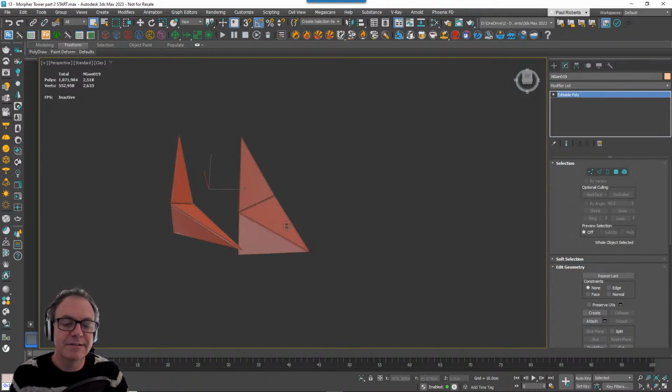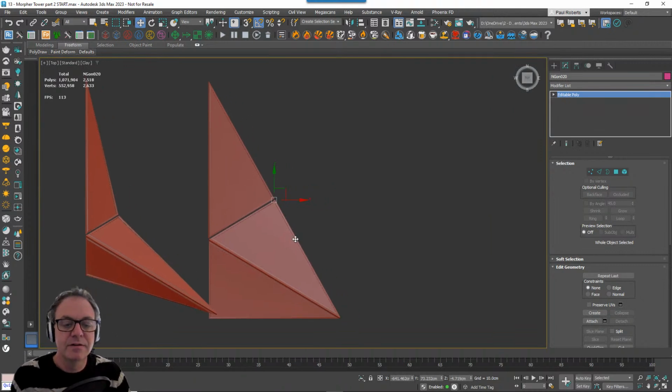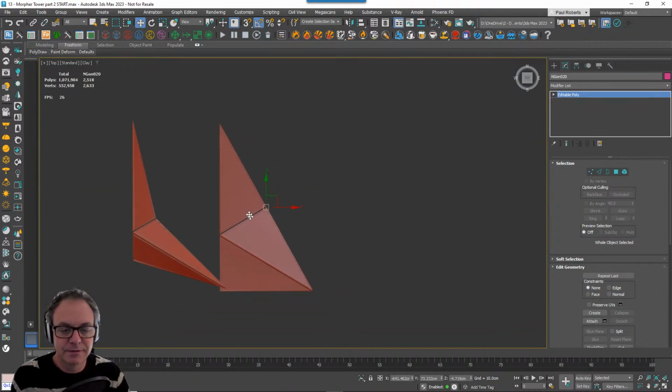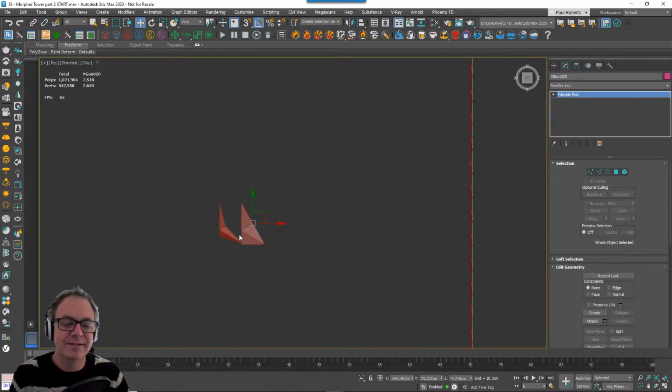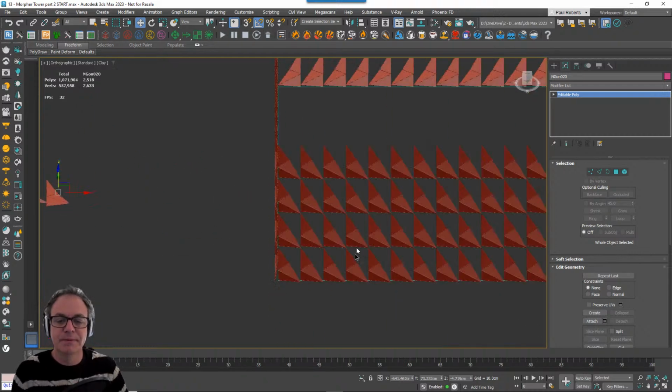And in both cases, if you can just see where the pivot is, it's basically smack in the middle of this piece of geometry. If you imagined it as a rectangle here, it's exactly in the middle. Now what I need to do is to get this into some kind of form that fits into a 2D array. So really what I want to do first of all is to make this into a square that can be then duplicated and mirrored around. So what I can do is take this, flip it on the X and flip it on the Y, and it will complete this little rectangle here. So that's what I'm going to do first of all.